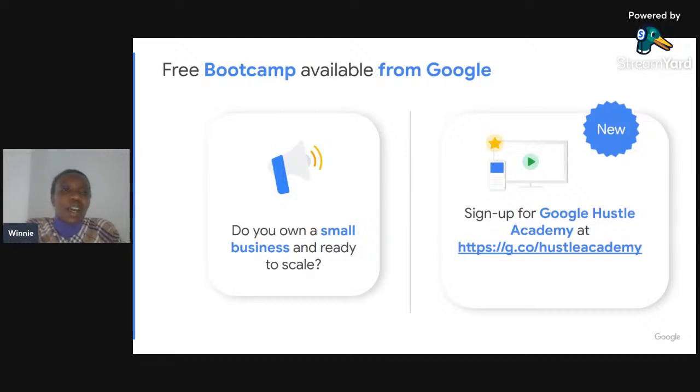And lastly, just to remind us, we have a free bootcamp available from Google. Like I said, it's a week-long bootcamp, and you'll learn so many things on it, from business strategy to funding. Personally, I was on the bootcamp today, and we were learning about funding. Very important, so that we become all-round business entrepreneurs. Thank you, Gladys, I am glad to hear that.